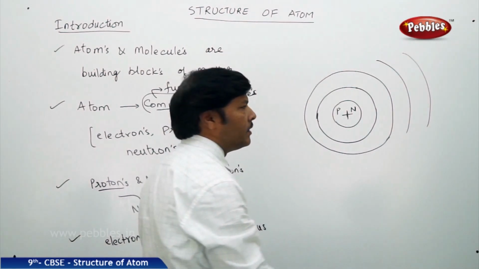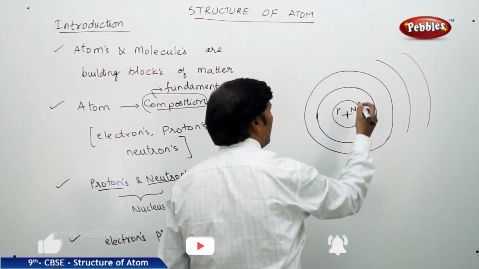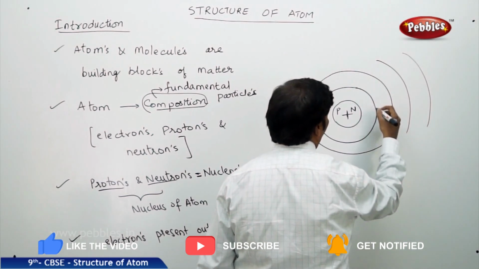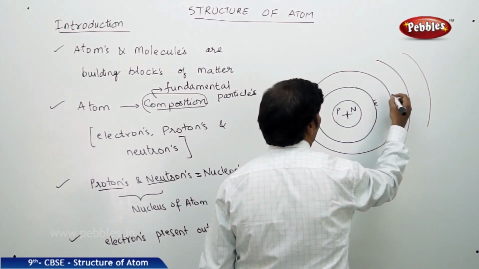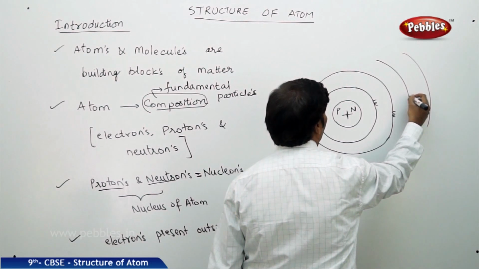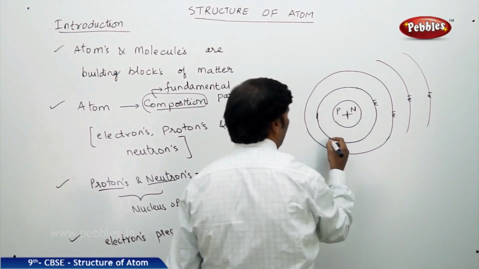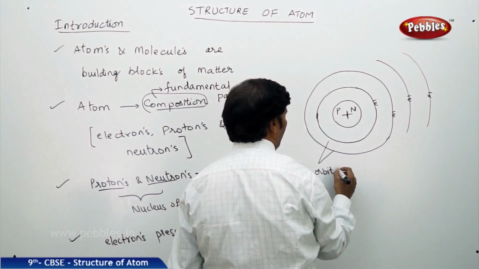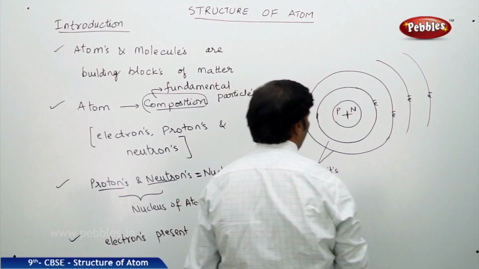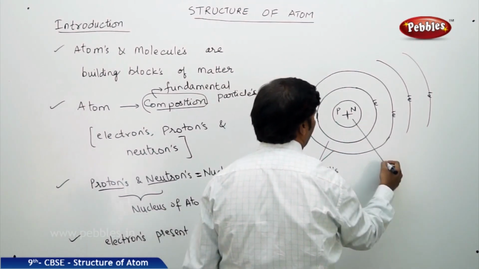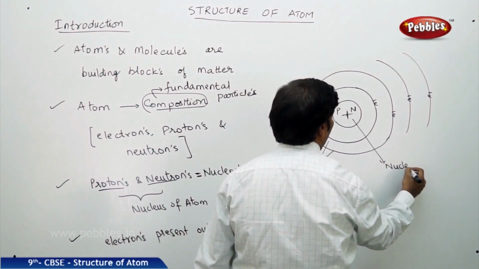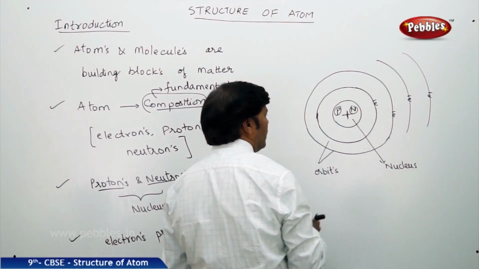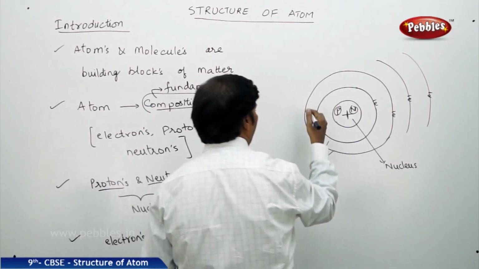Because the atom is spherical in shape, outside the nucleus we have these circular orbits. Here we have electrons. In all the cases you find electrons, and this is the nucleus. Protons and neutrons together are called nucleons, and this is interorbital space,